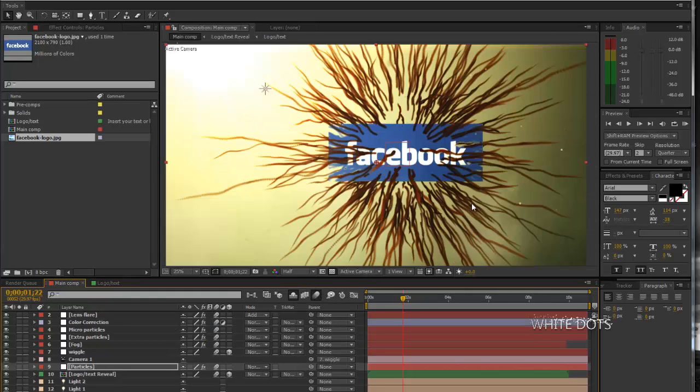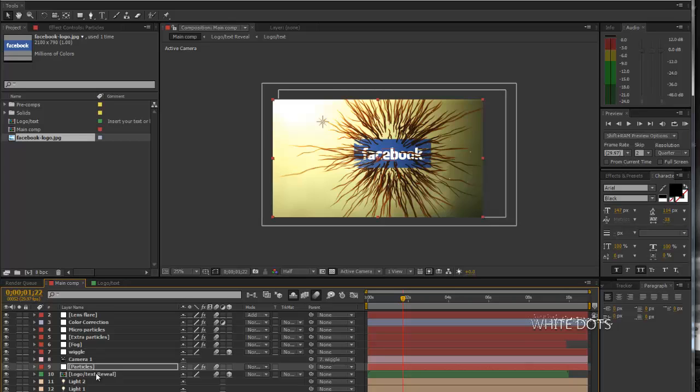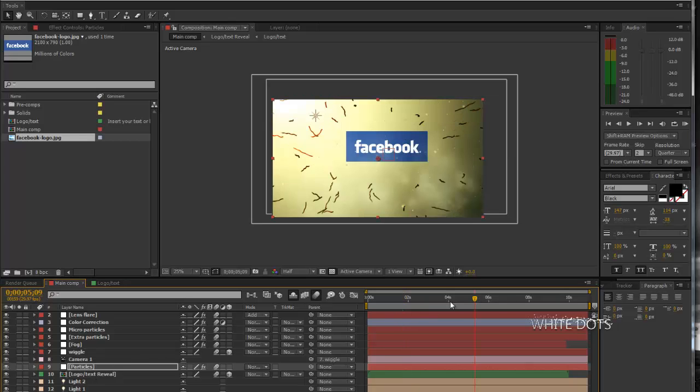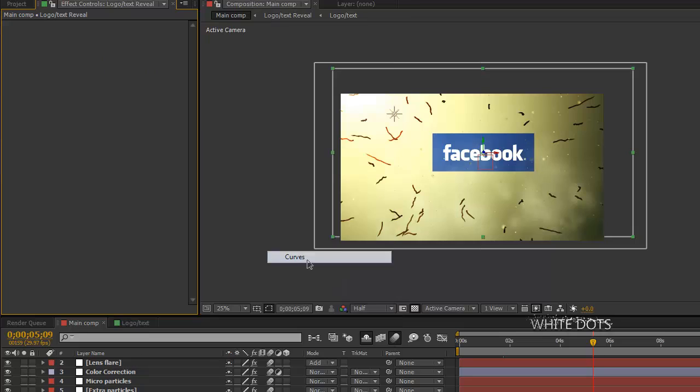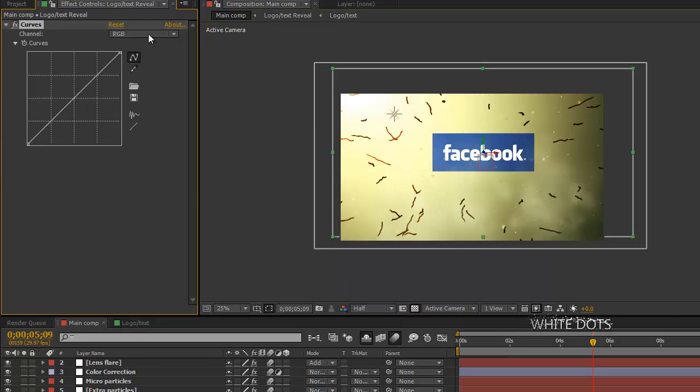So we need to change the colors for this too, but first let's start by color correcting the logo. Select the logo composition and then apply a color correction curves. Let's increase the green a little bit, decrease the red. Okay,